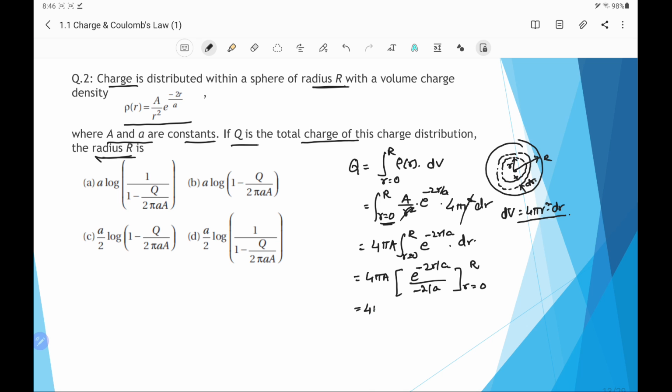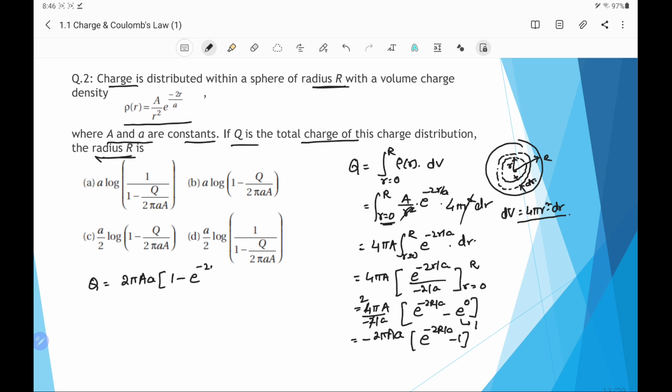Substituting the limit, it will be 4 pi A by minus 2 by a. Putting the upper limit, it is e raised to the power minus 2R by a, and the lower limit is minus e raised to the power 0, and this e raised to the power 0 is 1. So we can write, the minus 2 will get cancelled by 2, and it is minus 2 pi A. This a will come into the numerator, so it is small a also here, and then e raised to the power minus 2R by a minus 1. We have to find the R, therefore we write Q equal to 2 pi A small a